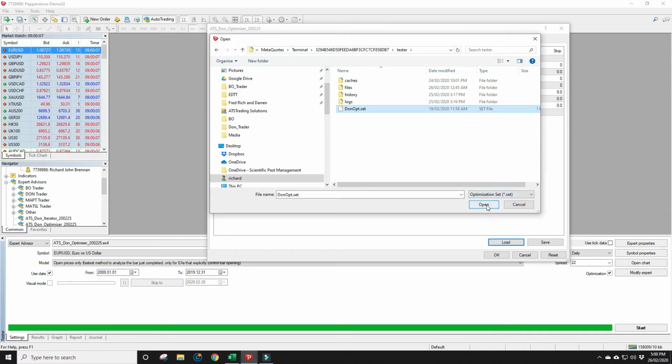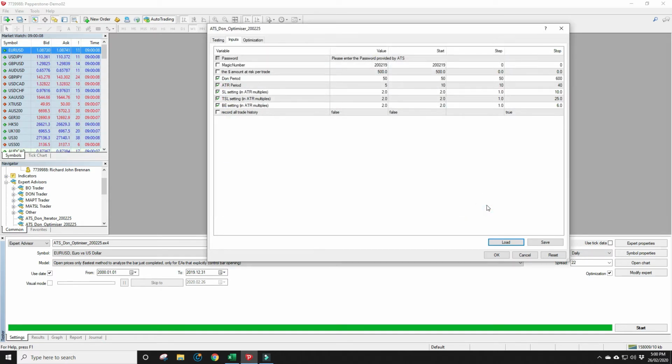We select that by clicking open, and this will therefore use the common optimization ranges that we are currently applying for our testing purposes. So we'll now step through this. In the password section, you need to apply the password that is available to you and supplied on our forum. This will ensure that the backtest module works. If you don't apply a password, you can't use this algorithm in either the backtest or the demo or live